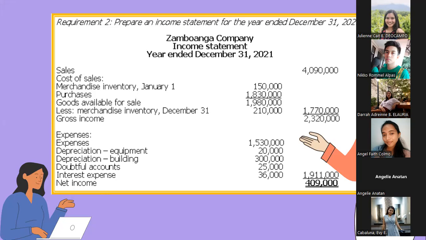From sales of 4,090,000 less cost of sales of 1,770,000, we arrive at our gross income of